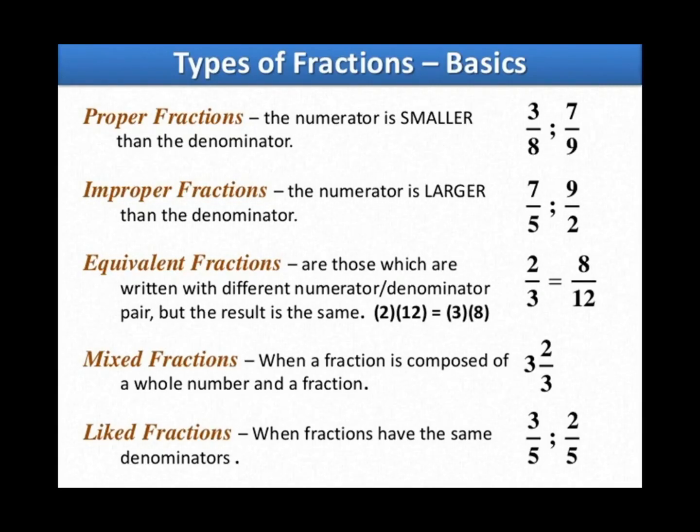The numerator is the same, but we have nothing to do with the numerator. I said 5 by 3 and 5 by 2. Check the denominator. It is 3 and 2. So, both are different. So, whenever the denominators are different, they are called unlike fractions. You do not get confused with the numerator. We are not checking the numerator in like fractions. We only see the denominator. If the denominators are the same, they are like fractions. Otherwise, they are unlike fractions.